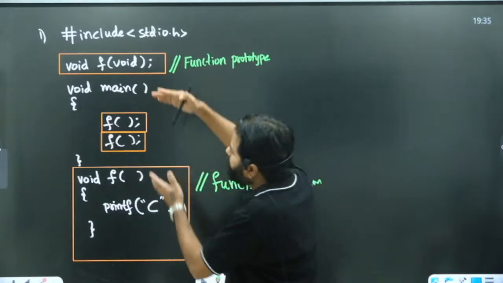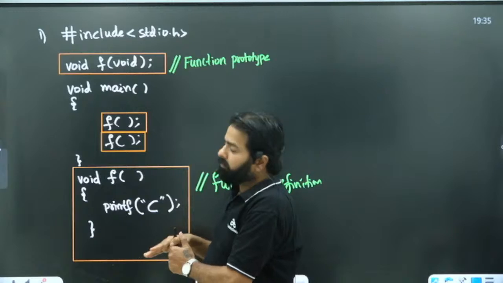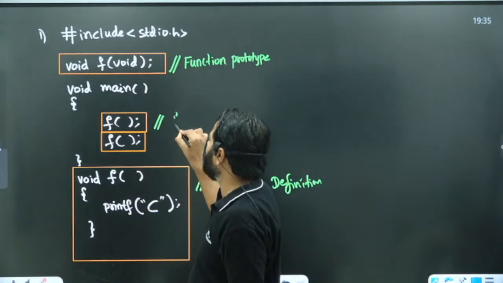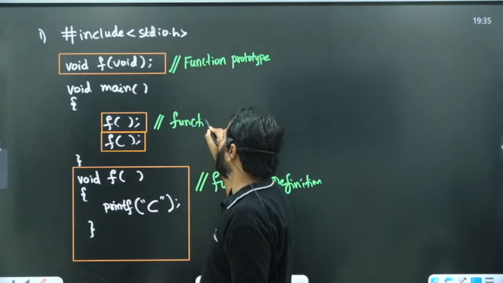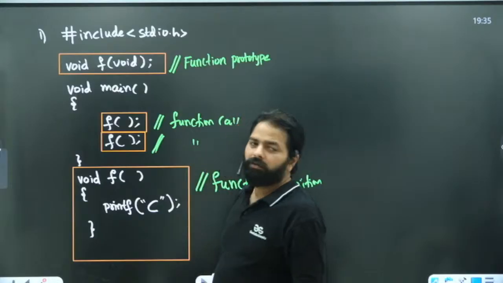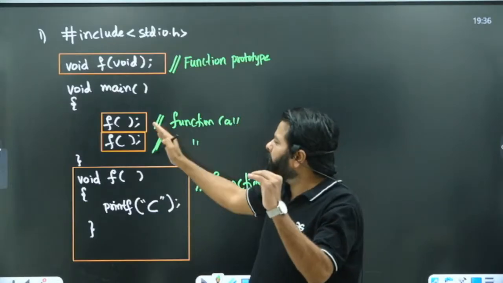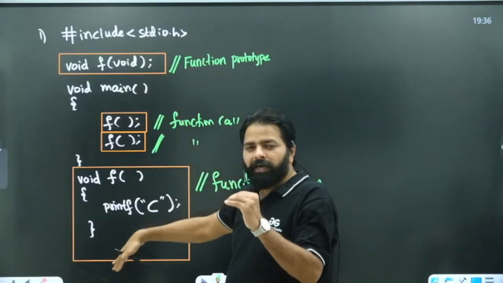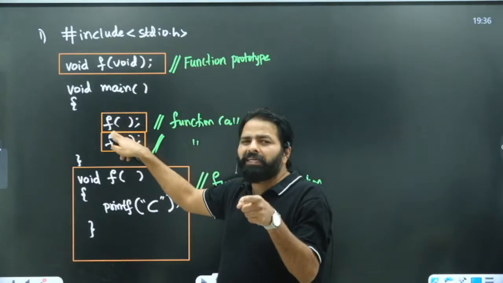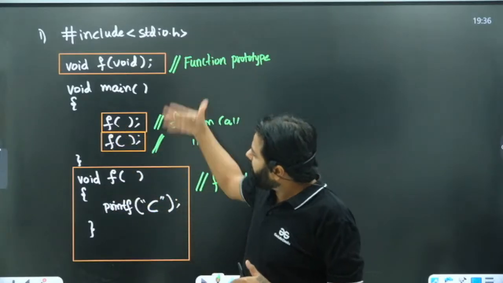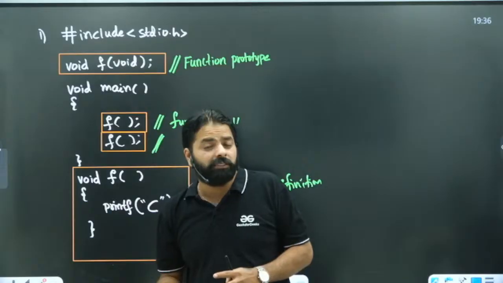अगर डेफिनेशन मेन के बाद है, बट आप मेन में फंक्शन को कॉल कर रहे हैं, राइट? ये फंक्शन कॉल बोलते हैं हम इसको, फंक्शन यूज और फंक्शन कॉल, ये भी सेम है। जब कॉल किया है उनके बारे में पहले, जब तक ये पूरा स्कैन हो चुका ऑलरेडी, राइट? बाद में तो स्कैन नहीं हुआ, राइट? तो यहां पर आप कंपाइलर स्कैन कर रहे हैं तो इनको तो पता होना चाहिए एफ ऑलरेडी आया नहीं आया, राइट? अगर नहीं आया तो ये हो सकता है समझ नहीं पाएंगे, राइट?